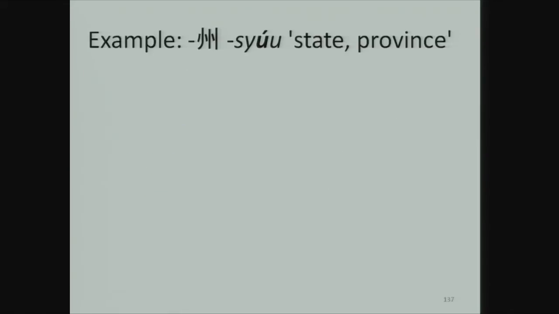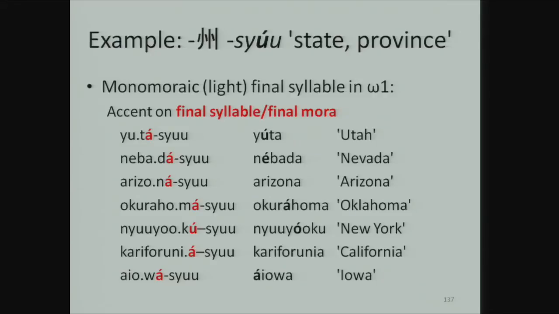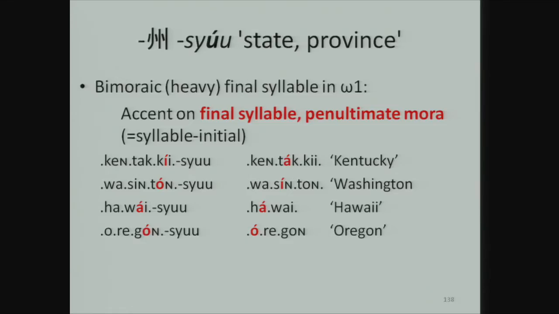To show the productivity of this case, we take the example from Shu, state or province, with the American states: Utah-shu, Nevada-shu, Arizona-shu. This is to show the productivity. But also bimoraic heavy final syllables like Kentucky-shu, Washington-shu, Hawaii-shu. Notice that this is only in compounds. In isolation, they have